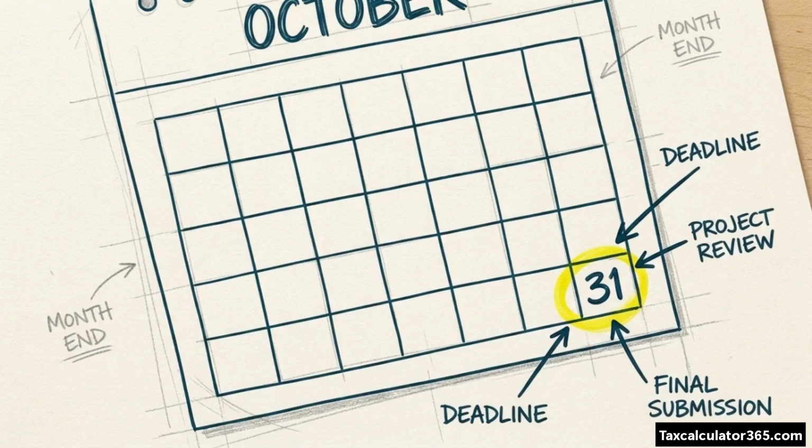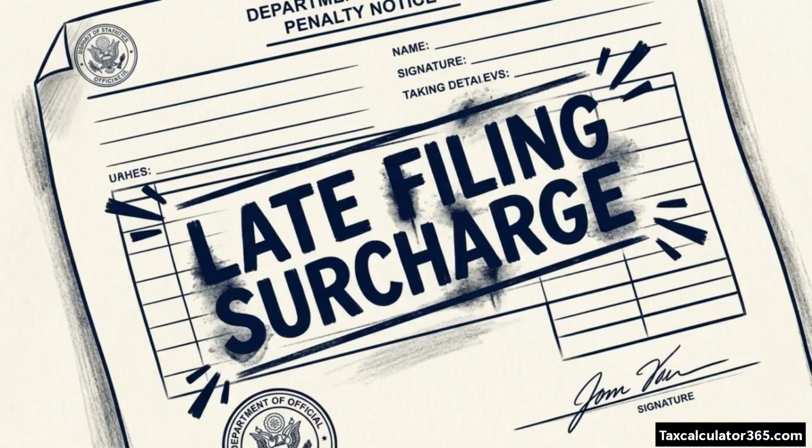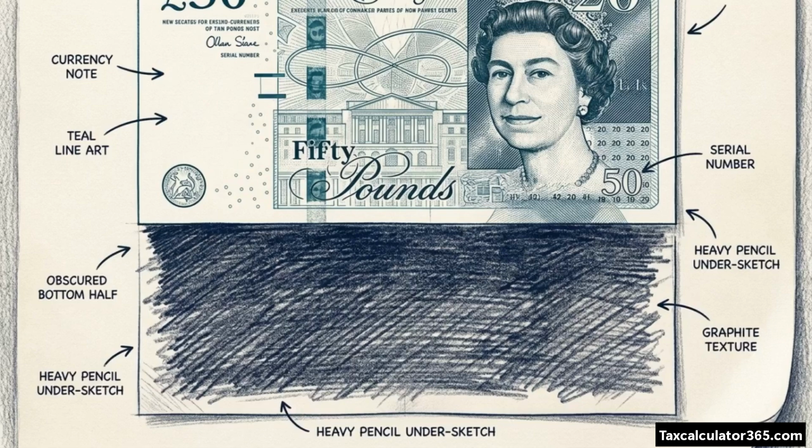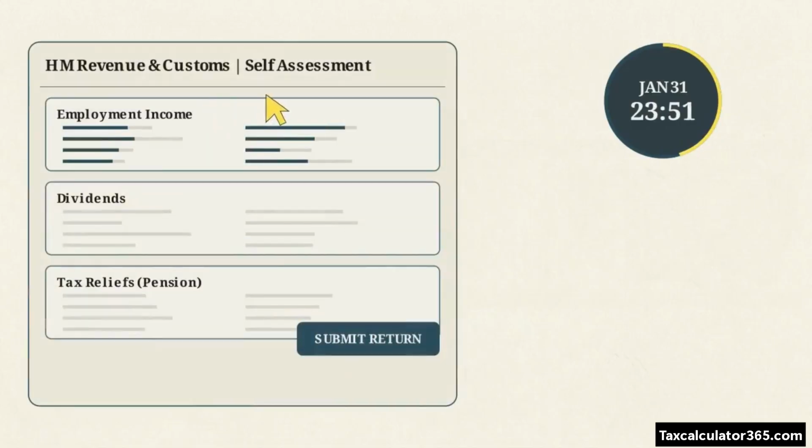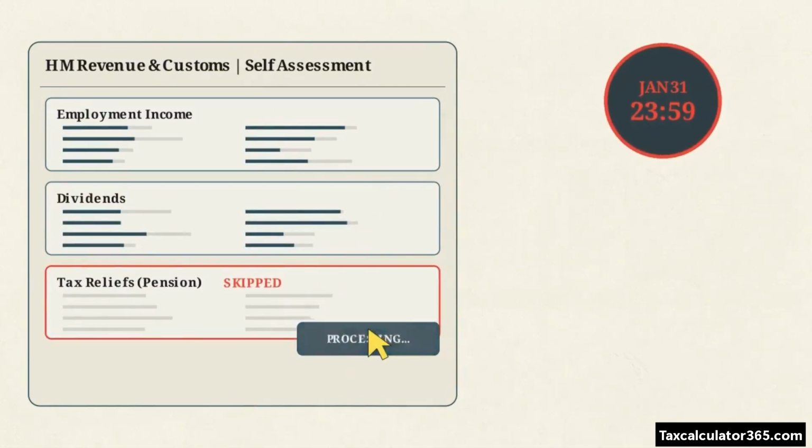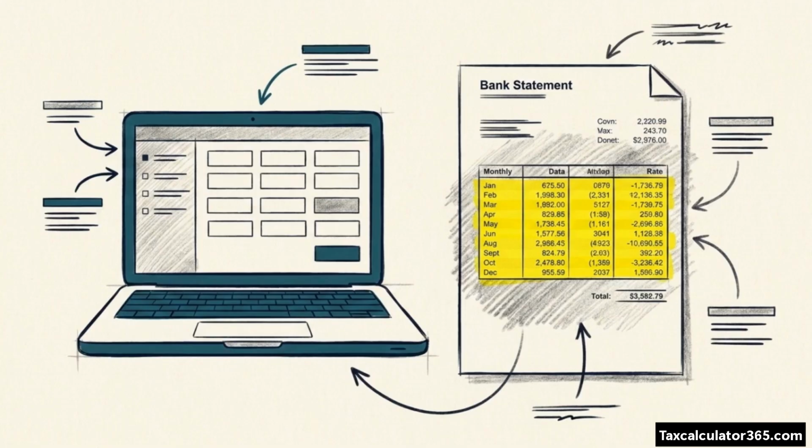Every year, the final cutoff for your UK self-assessment is January 31st. Miss it by even a minute, and you are hit with an automatic £100 fine. But that fine is a fraction of what people actually lose. High earners often rush through these pages to beat the clock, frequently leaving thousands of pounds in unclaimed pension tax